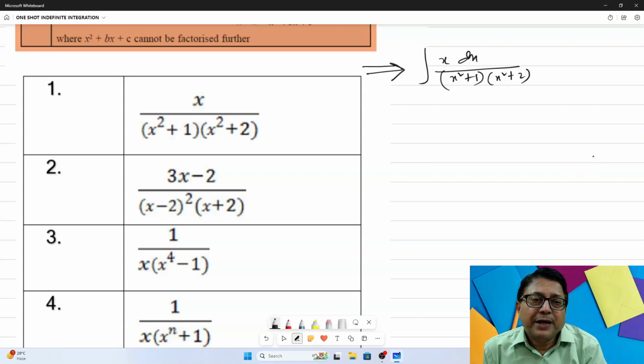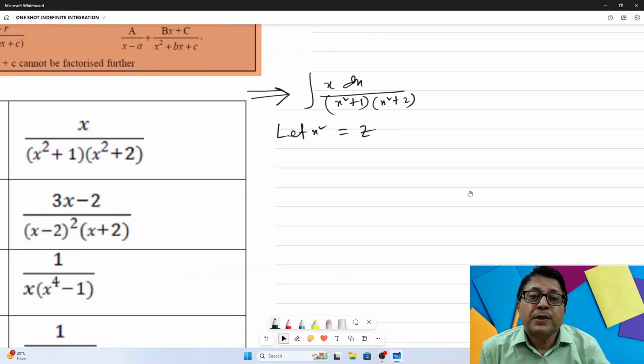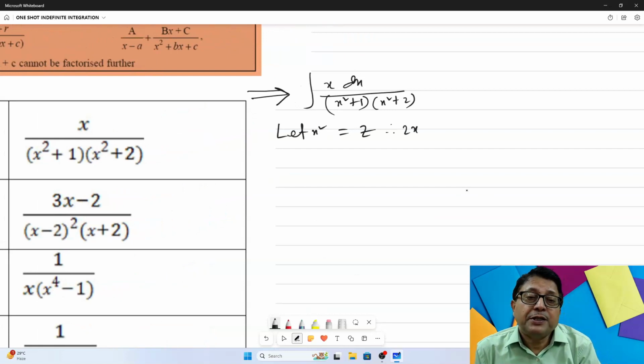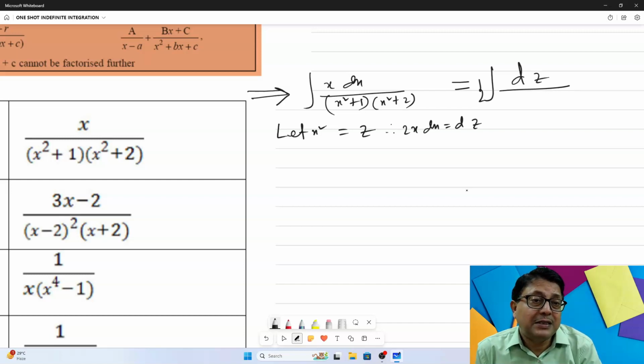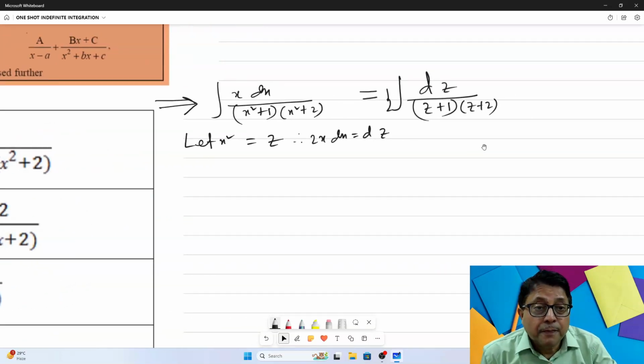where integration is to be done by using partial fraction. So here you make a substitution: let x square equal to z to reduce the integrand. Okay, then differentiating, 2x dx will be equal to dz. You write this one as dz by 2, half will go outside, x dx is dz by 2, over (z plus 1)(z plus 2). You can use partial fraction easily,